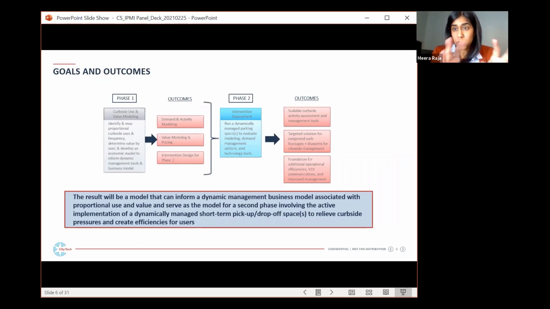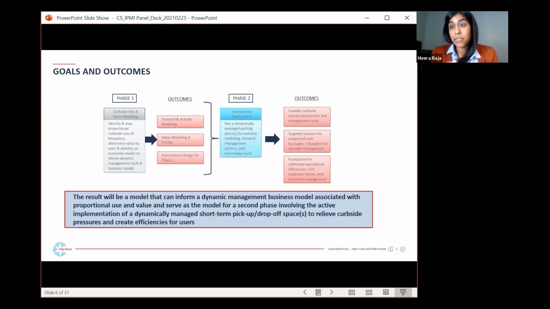We, again, are thinking about this in two phases: that deployment piece of it, running that dynamically managed parking space, piloting it, thinking about how that scales. That all comes, but we wanted to think about that data and modeling piece first. And so from this first phase that we've been working on, we wanted to develop a model that can inform that dynamically managed business model using this proportional use and value, thinking about, can we use our data and model to understand